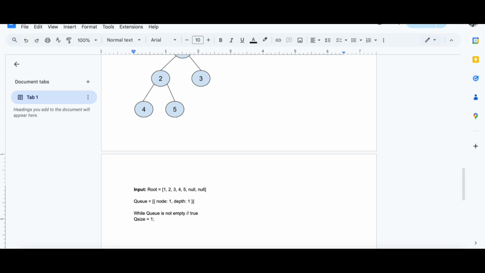Then we are looping through the queue, so i is 0, then i is smaller than queue size, which is true. Then we get the current node, right? We use shift because queue is first in first out, because Q is FIFO. Okay.